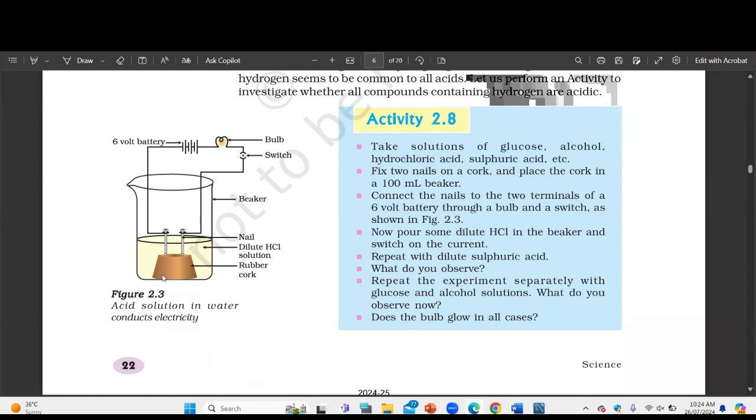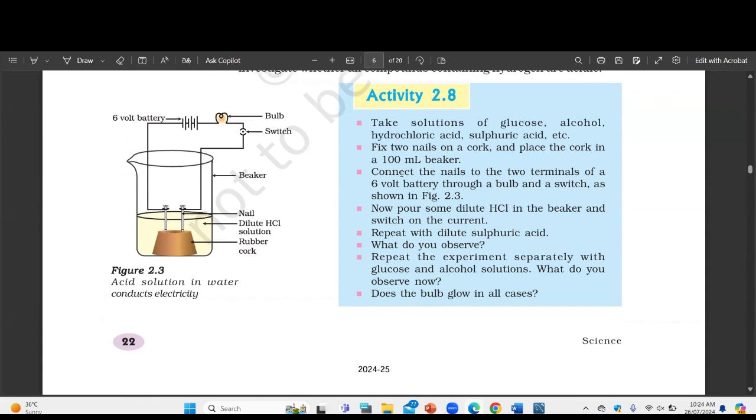So now we're creating a simple circuit over here, and we're fixing 2 nails on a cork, as you can see, and we're placing it in a 100 ml beaker, and we're filling it with each of these solutions: glucose, alcohol, hydrochloric acid, and sulfuric acid. And when we connect these wires to a 6-volt battery and a bulb, we see that the observations made are,